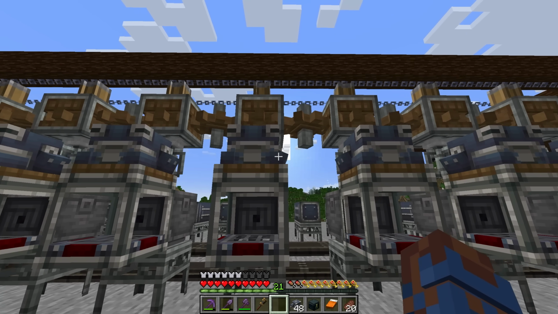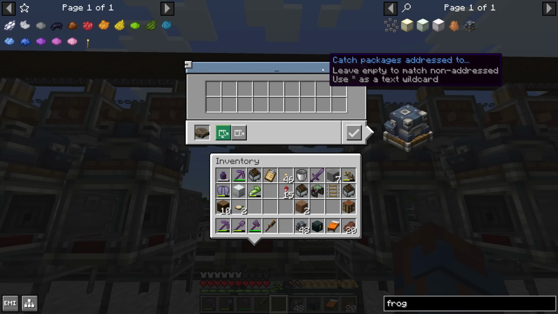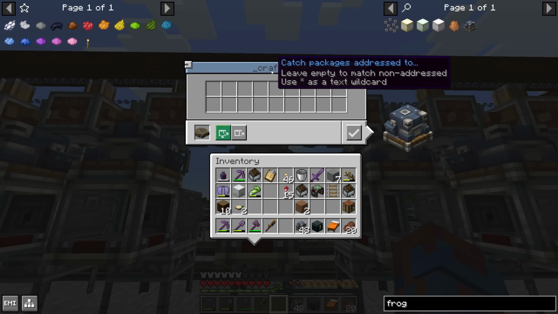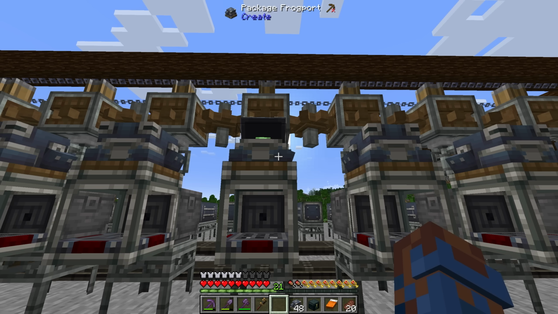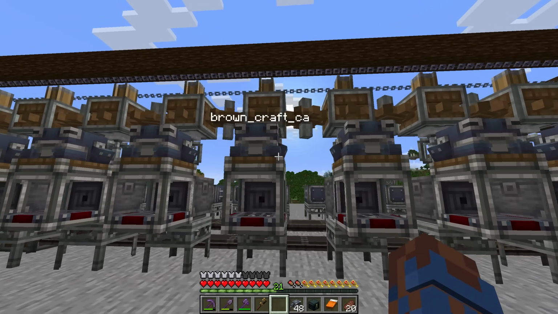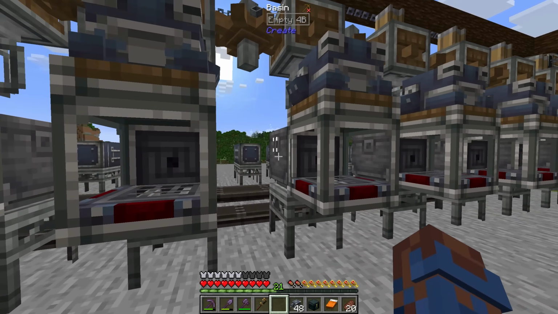Now, for each of the frogs, we are going to need to define a specific name. And for this, I'm just doing craft underscore, which is exactly what this is doing. For example, I go to edit, and then we do brown for the brown dye. And I could have probably gotten away with significantly less of these and probably only used really one basin to